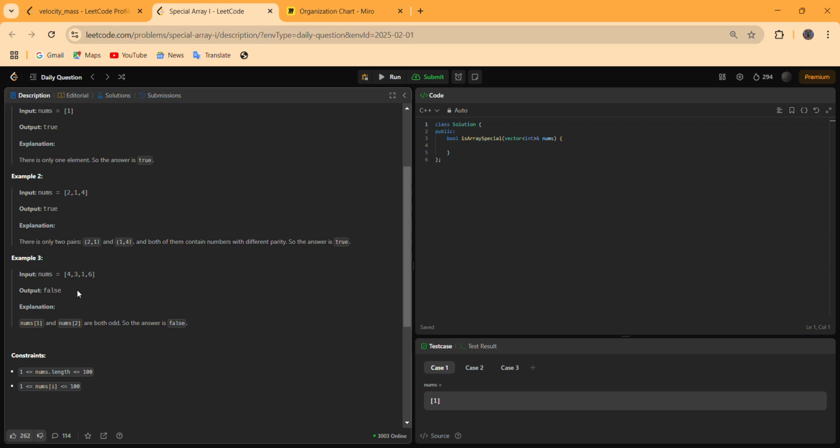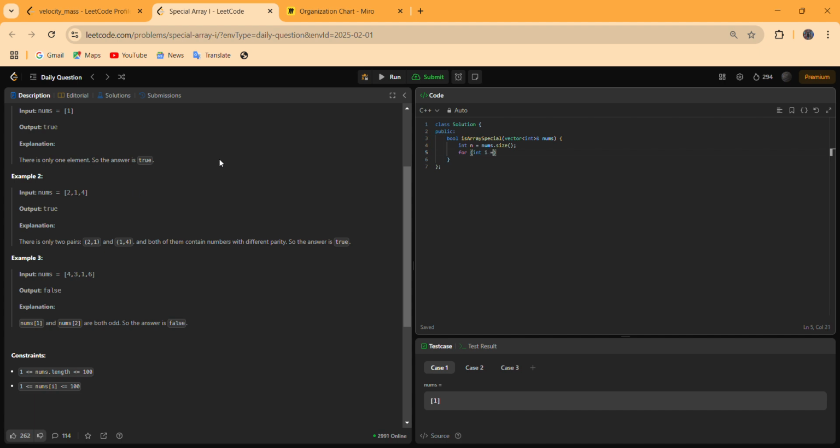So our basic intuition is that we have to check every adjacent element. We can start our loop from i equals 1, and check whether the current element and its previous element contain numbers with different parity or not.